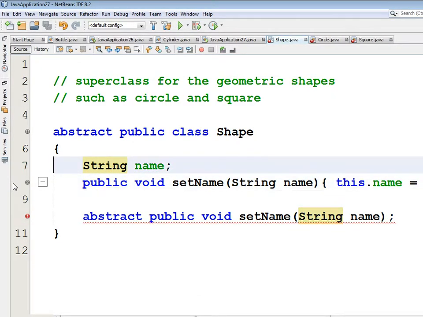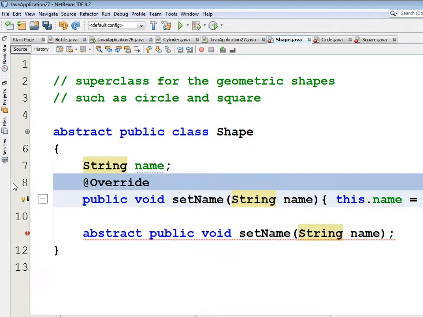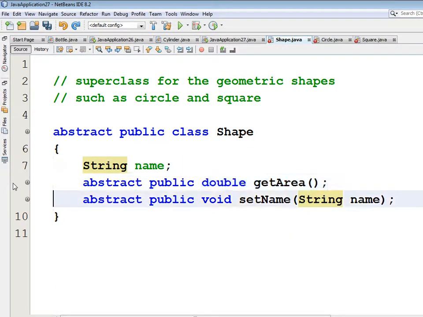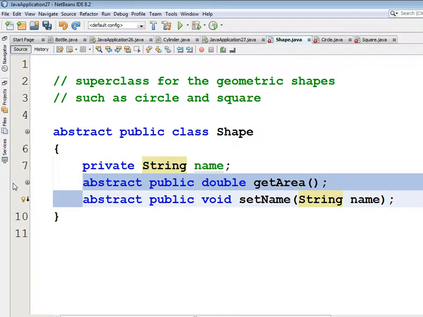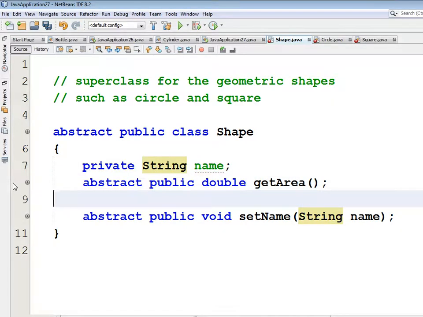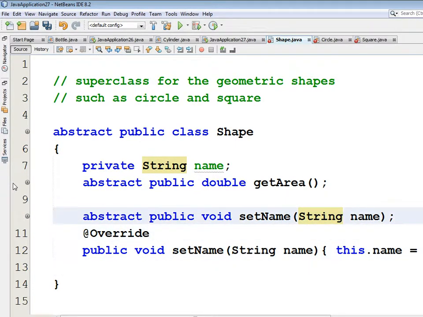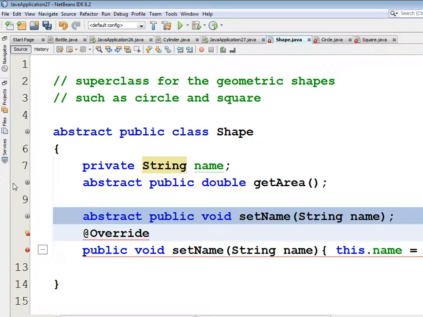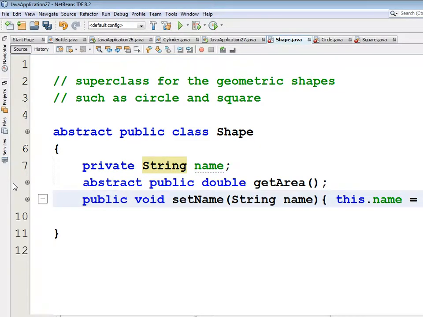All right, so now we have a string name, which I need to make private even though I did not. I think I've just goofed. I deleted the wrong method. Let me undo some of that stuff. What I did is, you see getArea, that's the one I deleted. What am I really trying to replace? The abstract method here. I'm not going to replace it at first. There, you see that? Abstract method, override, but it's not an override. We're putting the method right here, so I'm going to delete those two lines. This is our new